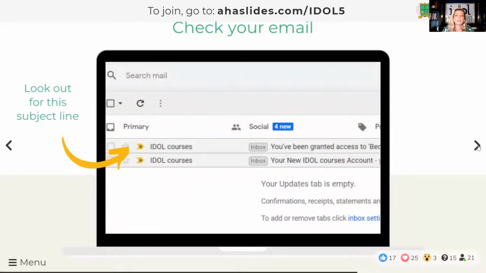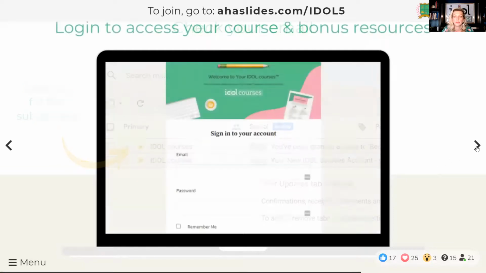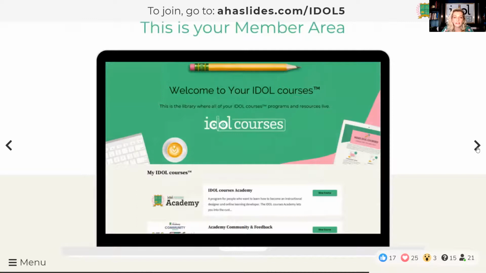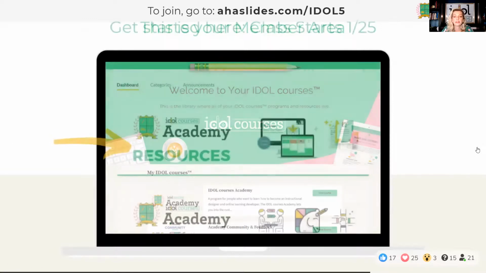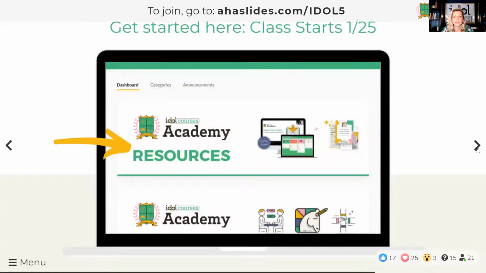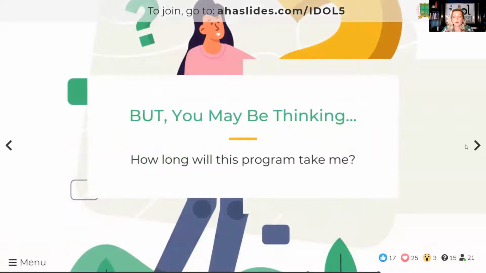You'll get an invite to our Idle community from Mighty Networks, and you will get emails from Idle Courses about details before class starts on the 27th of September. And then you'll be able to log in and access your course and bonus resources. Everything goes live in your course library on the 26th. And this is what your member area looks like. And then class starts on the 27th. I should have updated that slide.